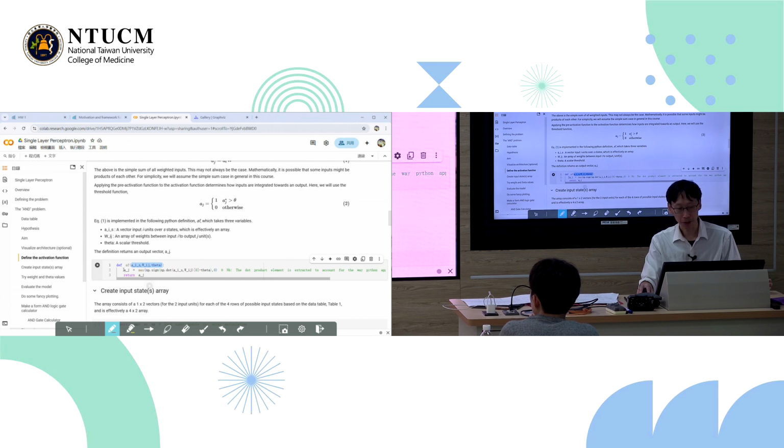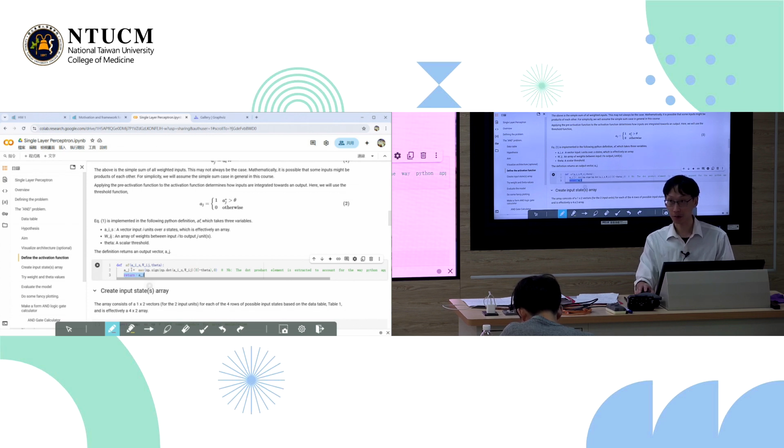And the output Aj is returned out of this function. You have to put this line so that when you later use this function AF, you put in the input vector, the weights vector or array, and the theta value, and you can make this output equal to Aj outside. Okay? All right, so this is the activation function.